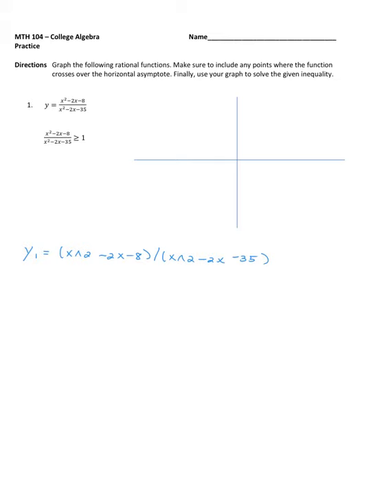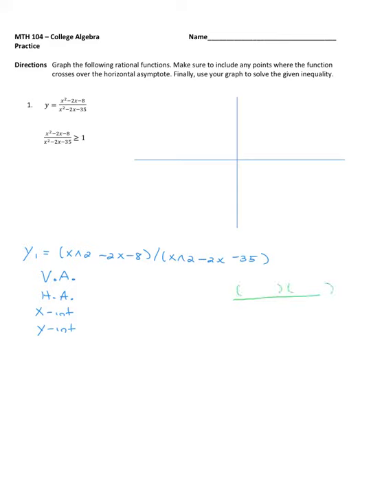I started this problem by graphing this in my calculator, being careful with parentheses, and I'm looking for any vertical asymptotes, horizontal asymptotes, as well as x and y intercepts. To figure out these things, I think we're going to have to factor the equation. So I'm going to place that off to the side where, okay, this expression, the numerator, I think can factor